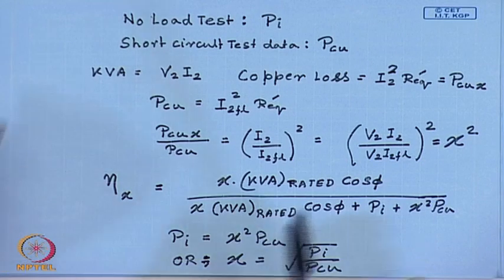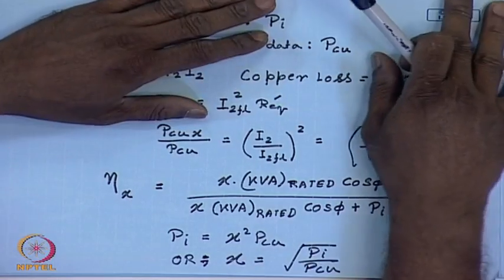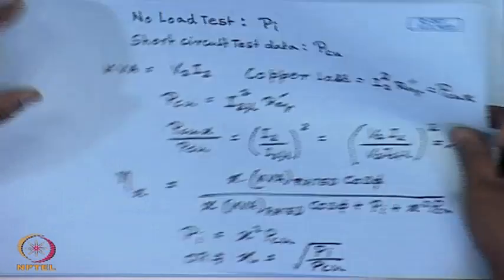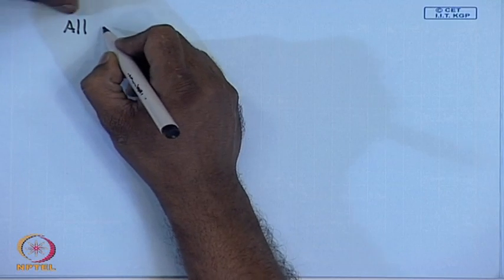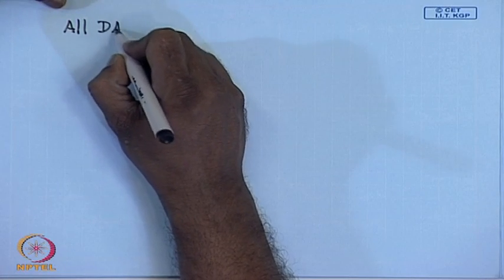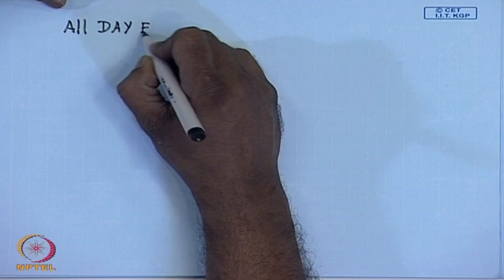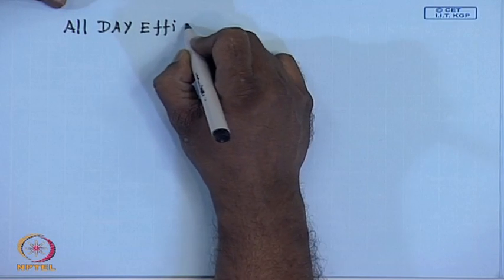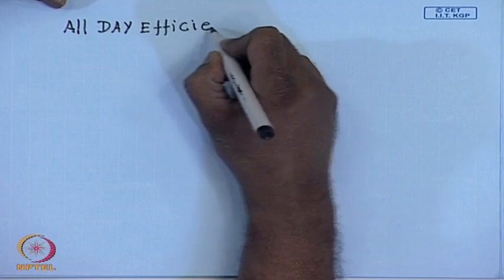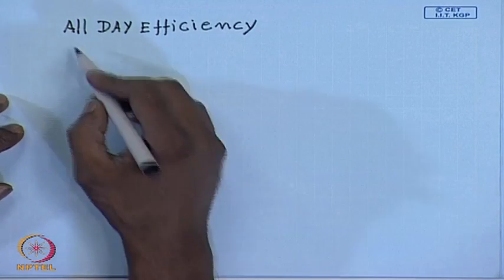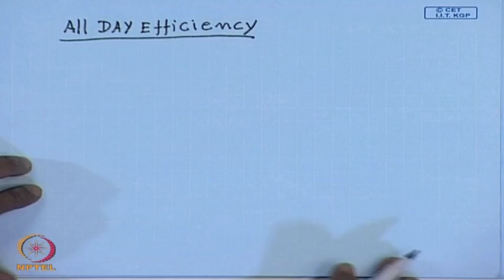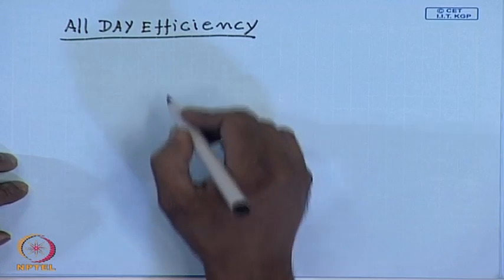Therefore, a more useful parameter in order to find out the performance of a transformer is called the all day efficiency. How do I define all day efficiency? This is defined as